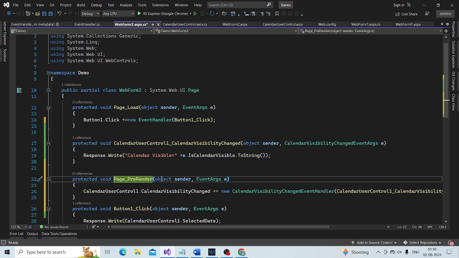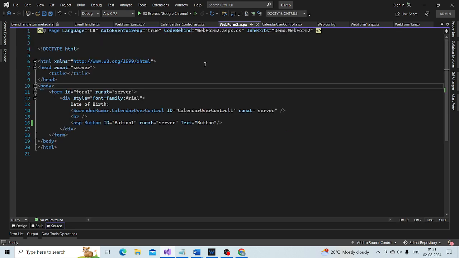Now by the time we are registering the event handler, the event has already been raised. The event has already been raised, but there is no method listening to that event.